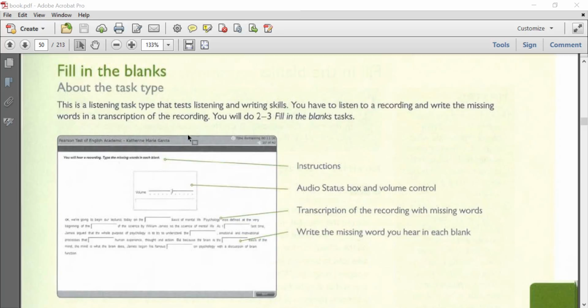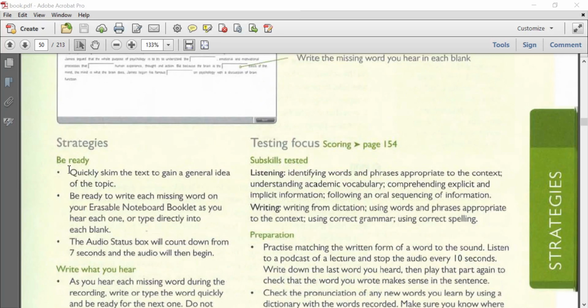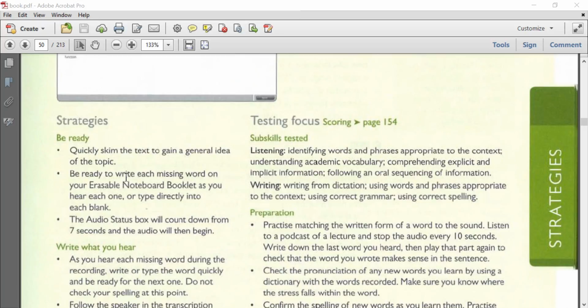task ហើយនេះគឺជា instruction នេះគឺជា volume audio status box ហើយជាមួយនឹង volume control ហើយជាមួយនឹងនេះគឺ transcription នៃ recording ជាមួយនឹង missing word ដែលយើងត្រូវធ្វើការពេញ។ Write the missing word you hear in each blank. ហើយ strategy ហ្នឹងគឺថាយើងគួរតែធ្វើការ skim បាទ។ Quickly skim the text again in general idea of the topic យើងដឹងថាគេនិយាយពីអីសិន។ Be ready to write each missing word on an erasable notebook booklet as you hear each word and type directly into each blank បាទ ឬក៏យើងអាច type ផ្ទាល់តែម្ដង ឬក៏យើងទៅសេ